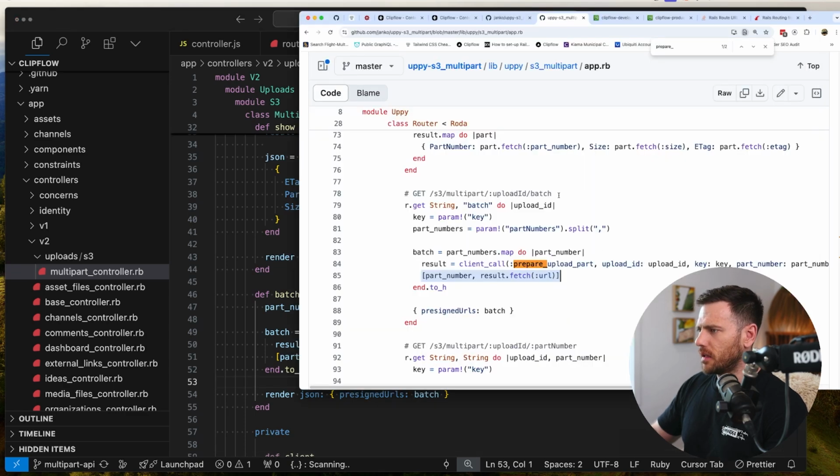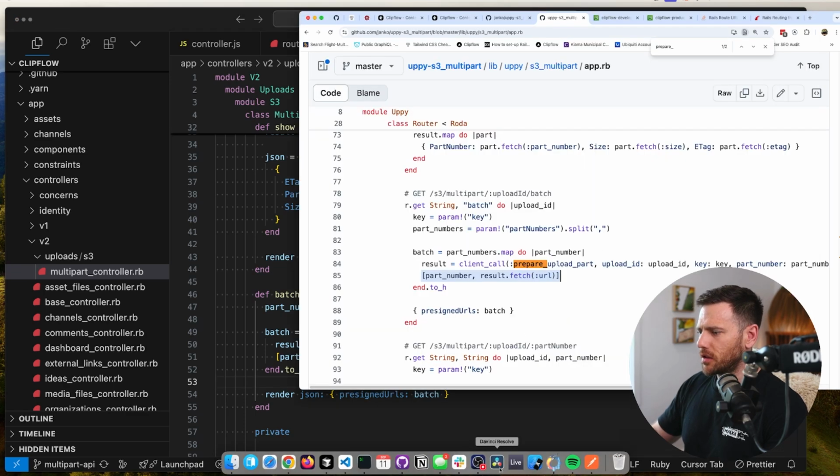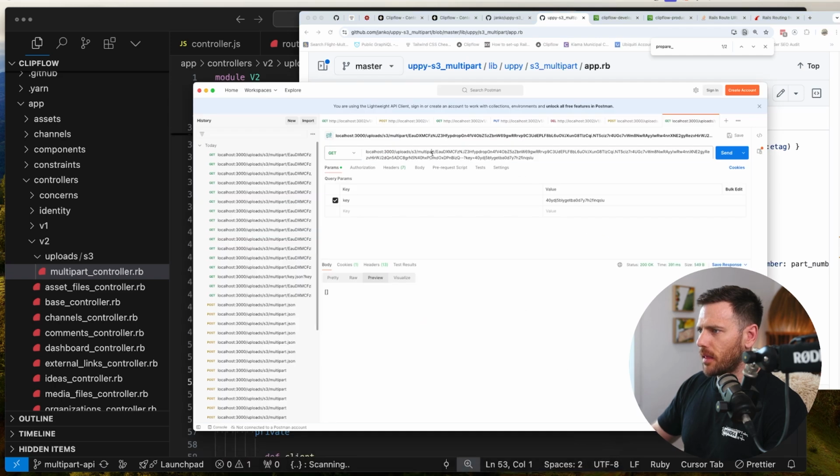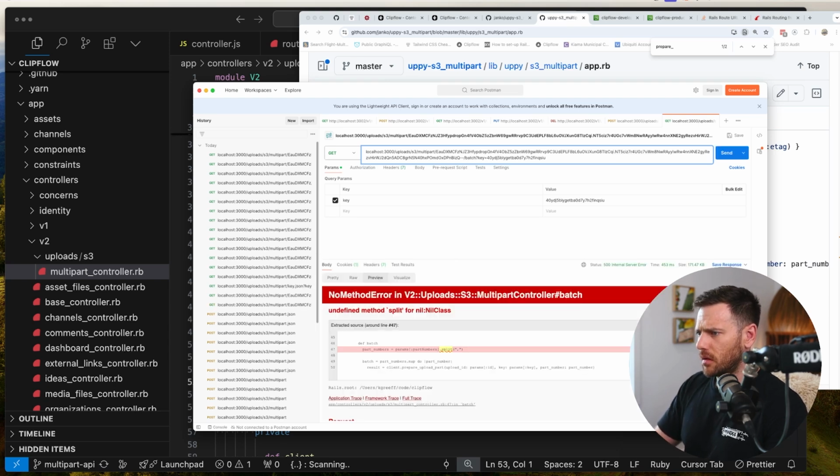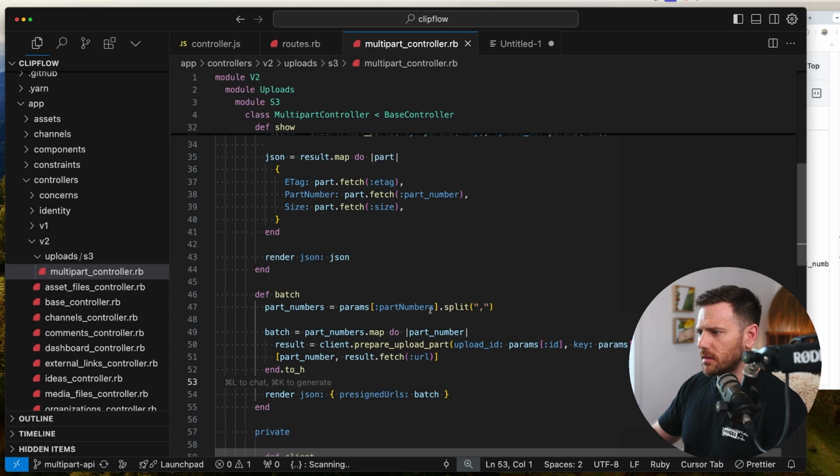Let's give that a spin. So it's going to be upload ID batch. Now, let's see what that does. So we got this guy, and then we're going to say batch. Undefined method split for nil class. That's fine. So we probably don't want to throw an error there. So realistically, we want to say,